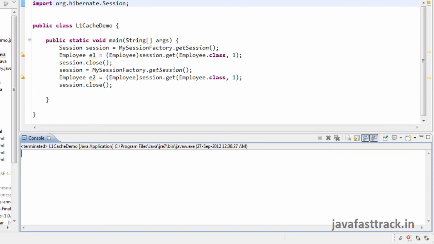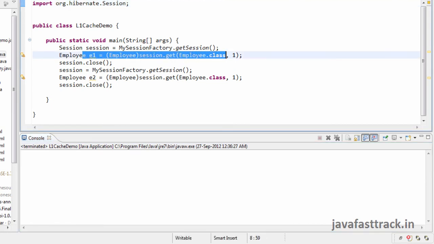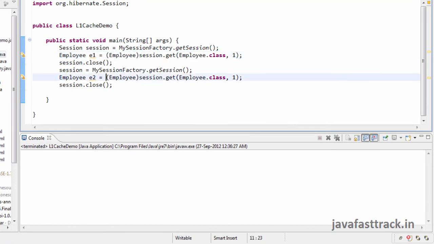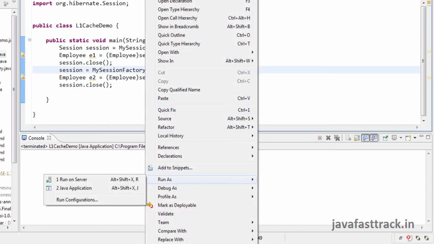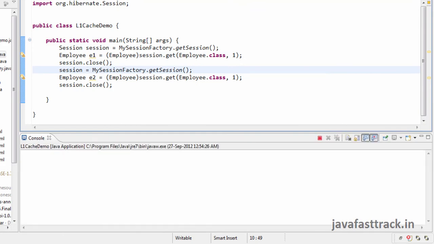This line was making a call to database. This line was also making a call to database. So there were totally two calls to database. Now we have enabled cache, so there should be only one call. Run the application and test.